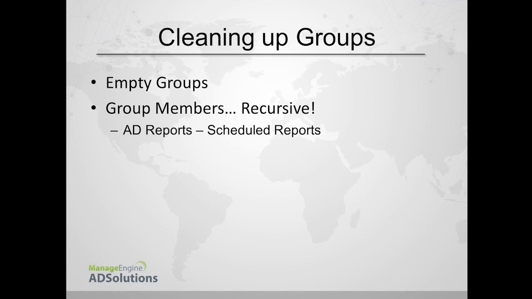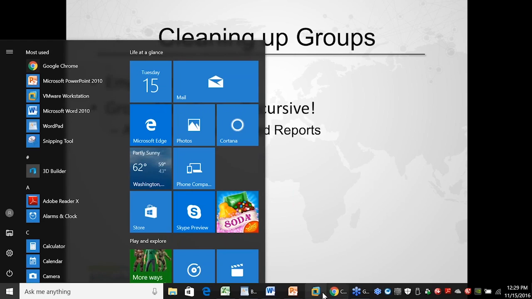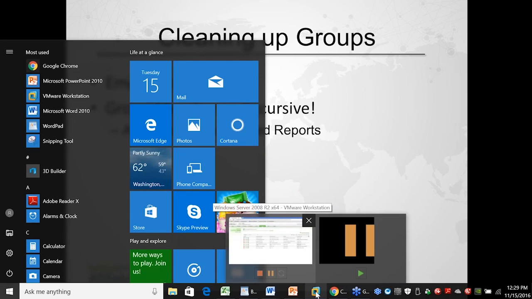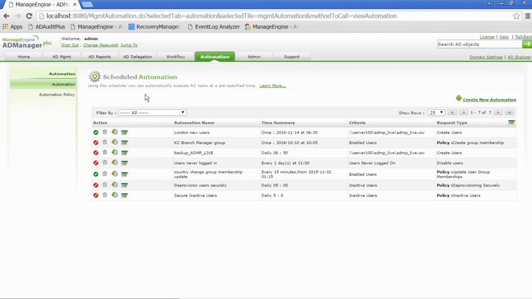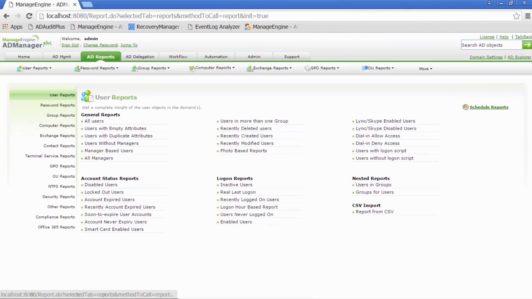Now, I want to switch directions a little bit. Everything that we've done so far is an automation policy, which means something is going to happen to that. But automation isn't only performing actions, it's maybe getting information. So what I want to show you is the ability to actually leverage reports, but do that in a way that is automated. So I'm going to come over here to my AD reports, and I want to show you that I can get a list of groups